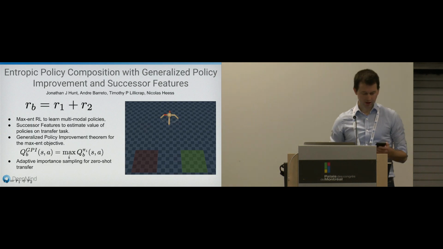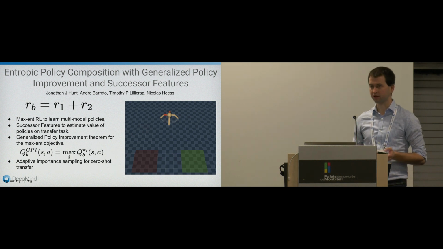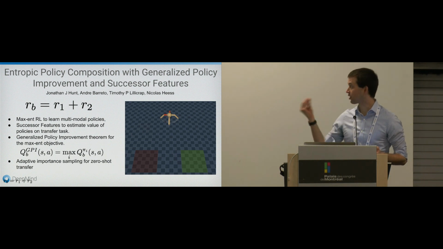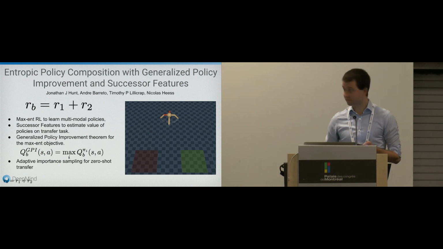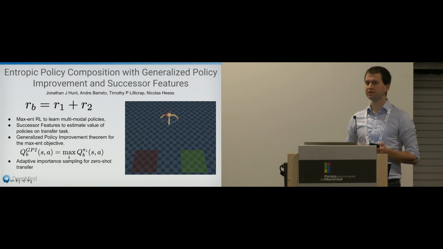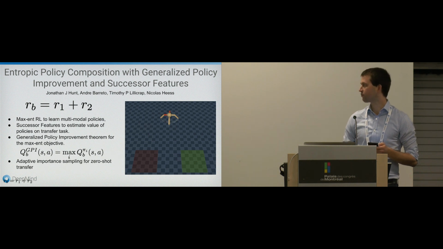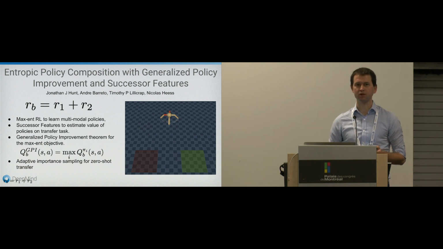So we're very interested in principled approaches to policy composition. That is, if we know how to solve the task defined by the reward functions 1 and 2, we want to zero-shot solve tasks like R1 plus R2, some combination. And we use the maximum entropy RL objective, which arises naturally from an RL as inference view. And it's important for composition because it prefers multimodal solutions.